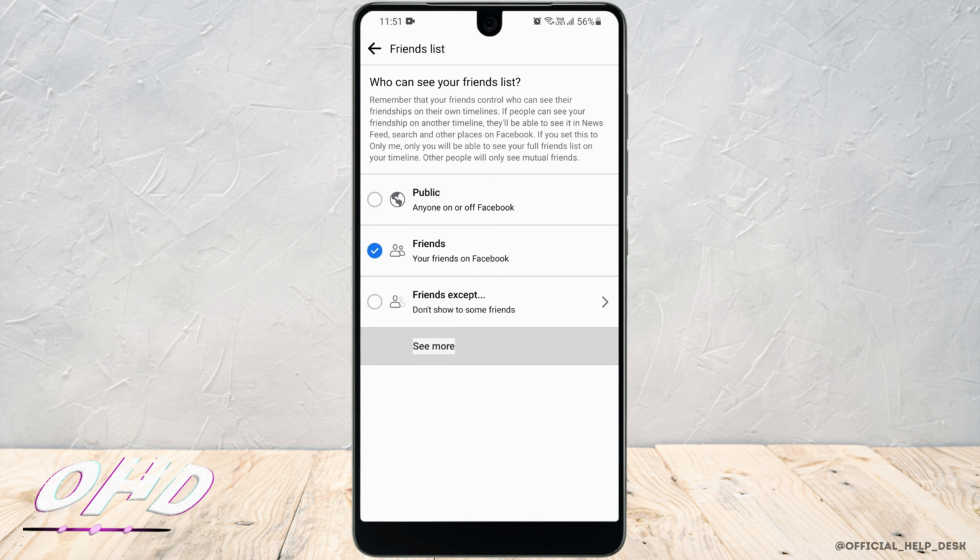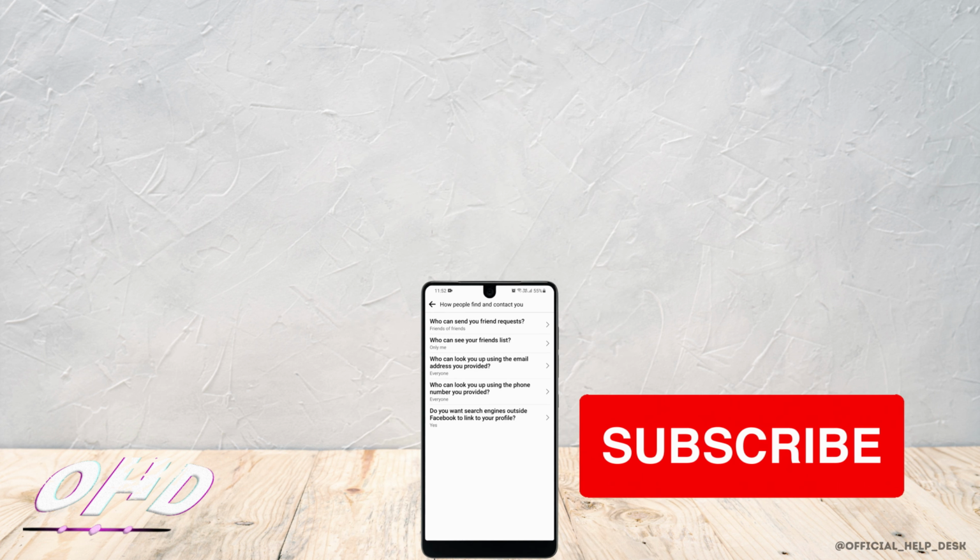Now coming back, if you click on see more, you can also choose to keep it private and only to yourself. And finally, if you only wish to share it with a few people, then you have to select the option of specific friends. Then select the friends that you want to share the list to. So that is how you can hide your